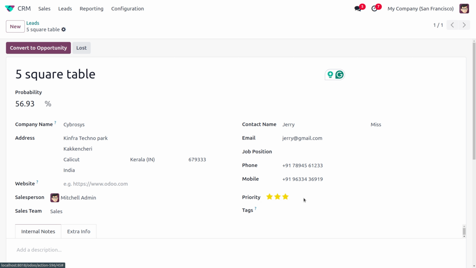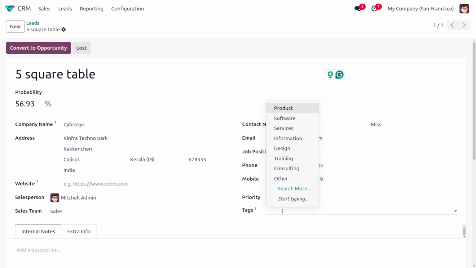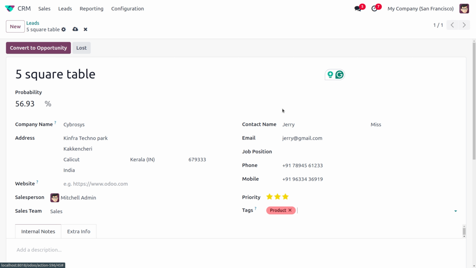I'm going to set the priority as very high so that we can analyze that this is a potential customer and we can easily nurture this into an opportunity. And here you can find the tags over here. I'm going to set it as product and furniture.